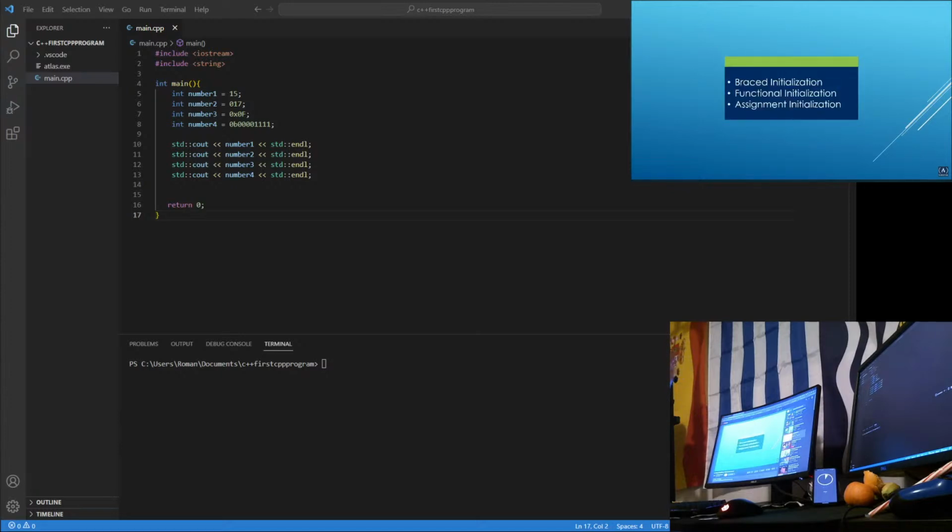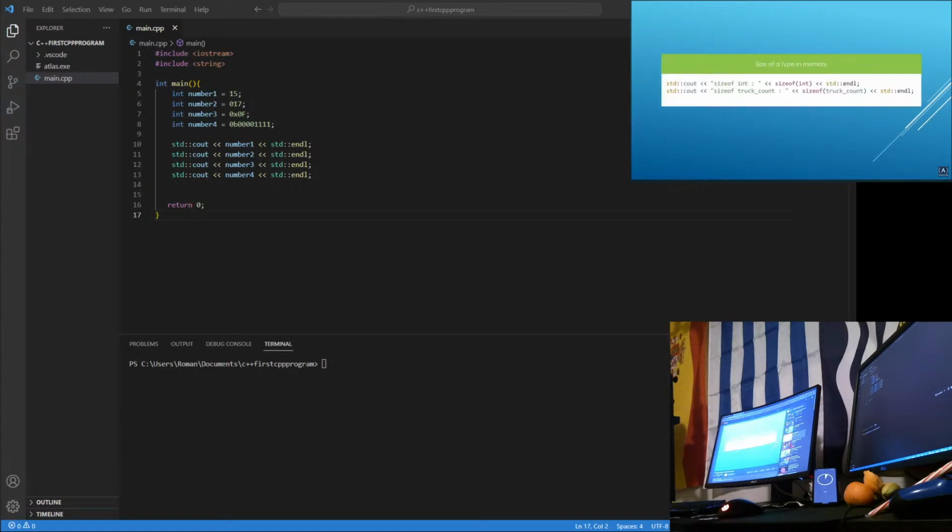Okay, by now we have seen 3 ways we can initialize our integer variables. We can use braced initialization, which is basically using curly braces. We can use functional notation, which is using the parentheses, and we can use the assignment initialization, which is what we have here. Another thing I really want you to see is that it is possible to query for the size of your variable. Here we are trying to print the size in integer